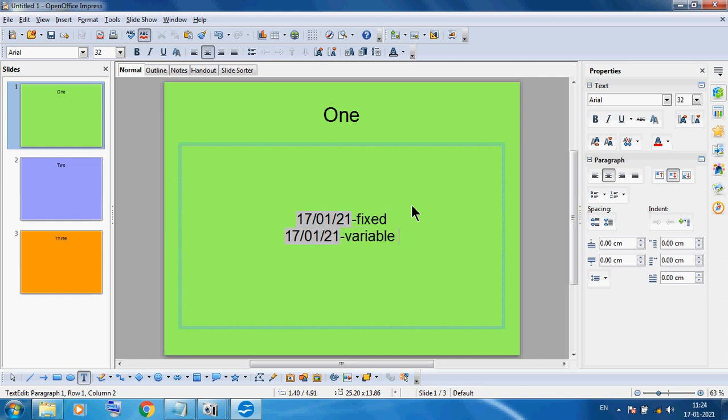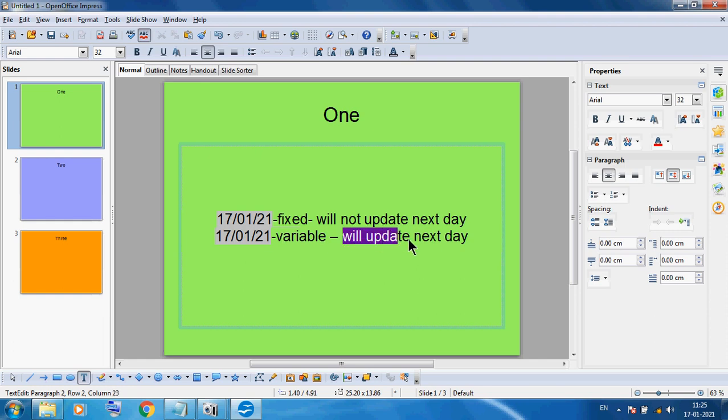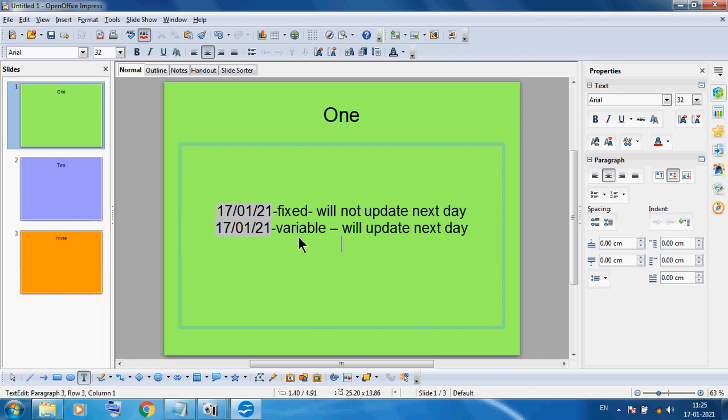So the next day it will automatically update, because here I am using a variable date.